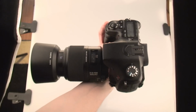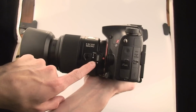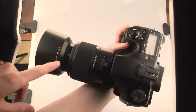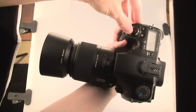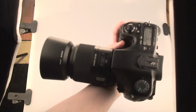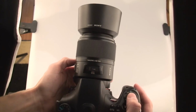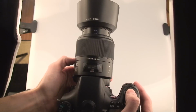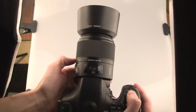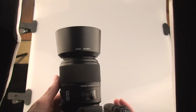Just to show you the lens on the Alpha A77, we have a focus lock limiter here, which will reduce the zoom range, as you can see it trying to acquire focus. Focus speed is not exactly fast. Focus speed with the limiter on,